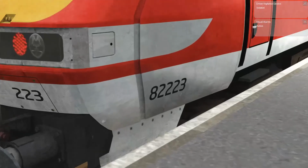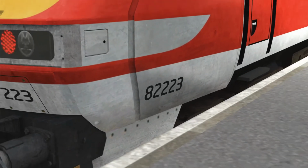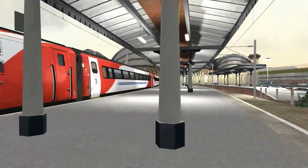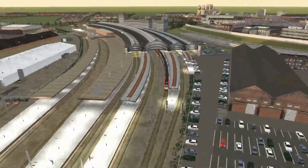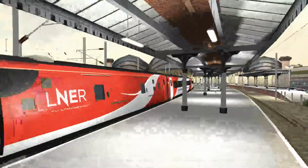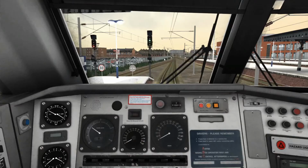Oh, come on, that is so close. That is so close. And I've made a little upgrade to York where the announcements are only in there. And I made the whole platform openable. It's a bit of a weird glitch, but...